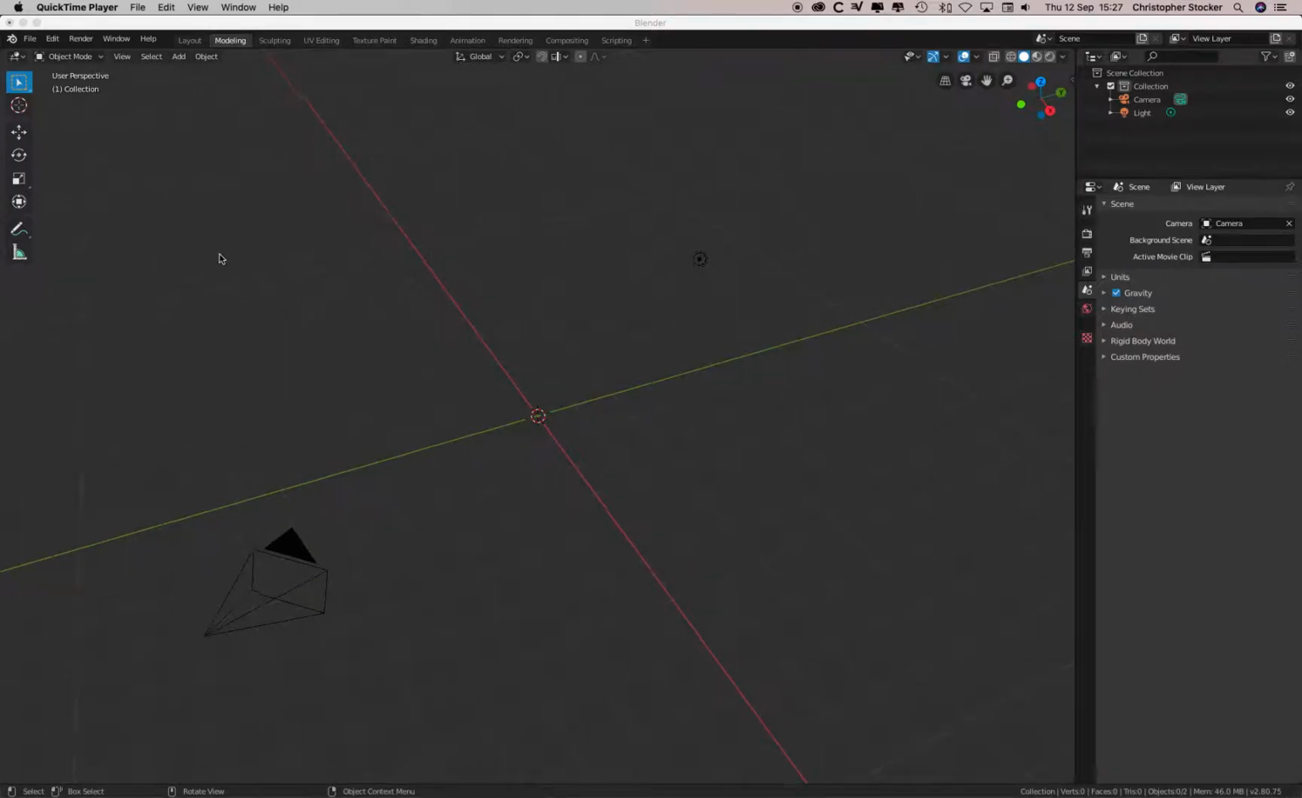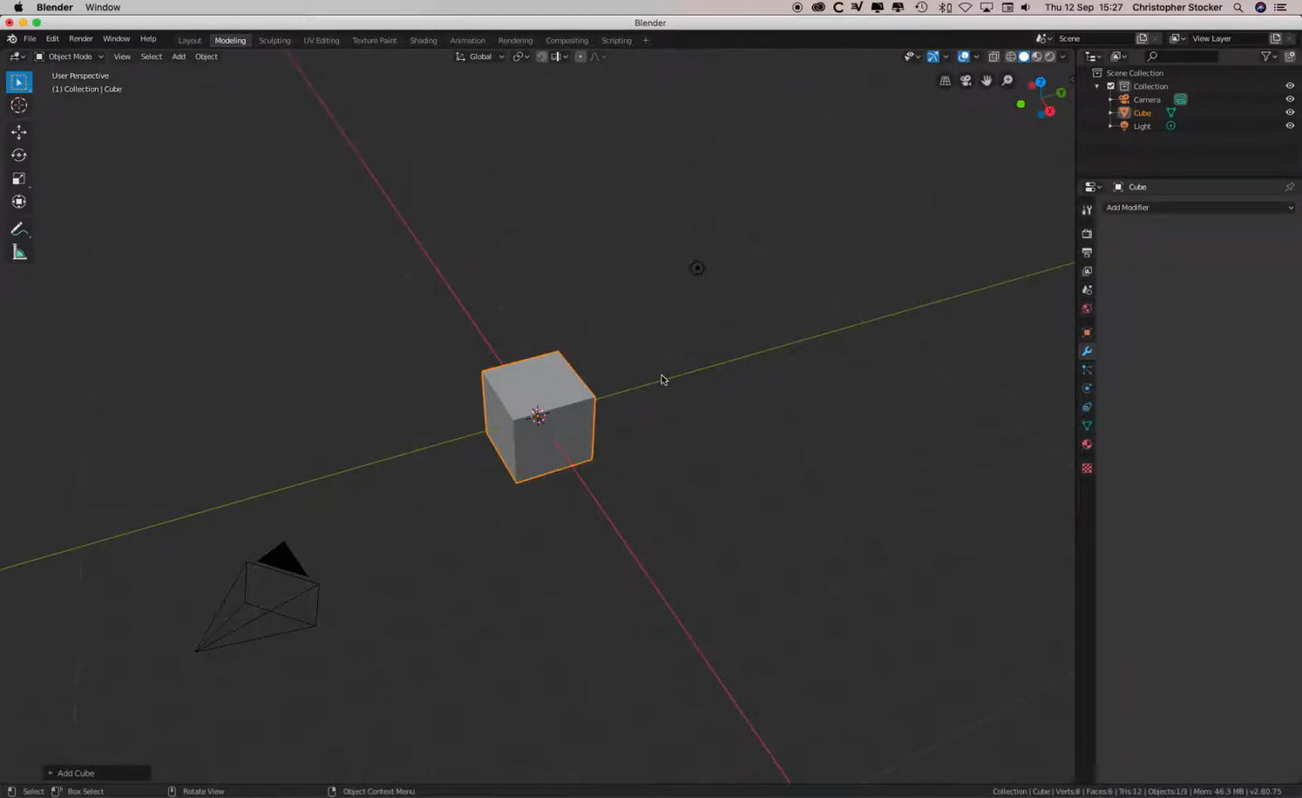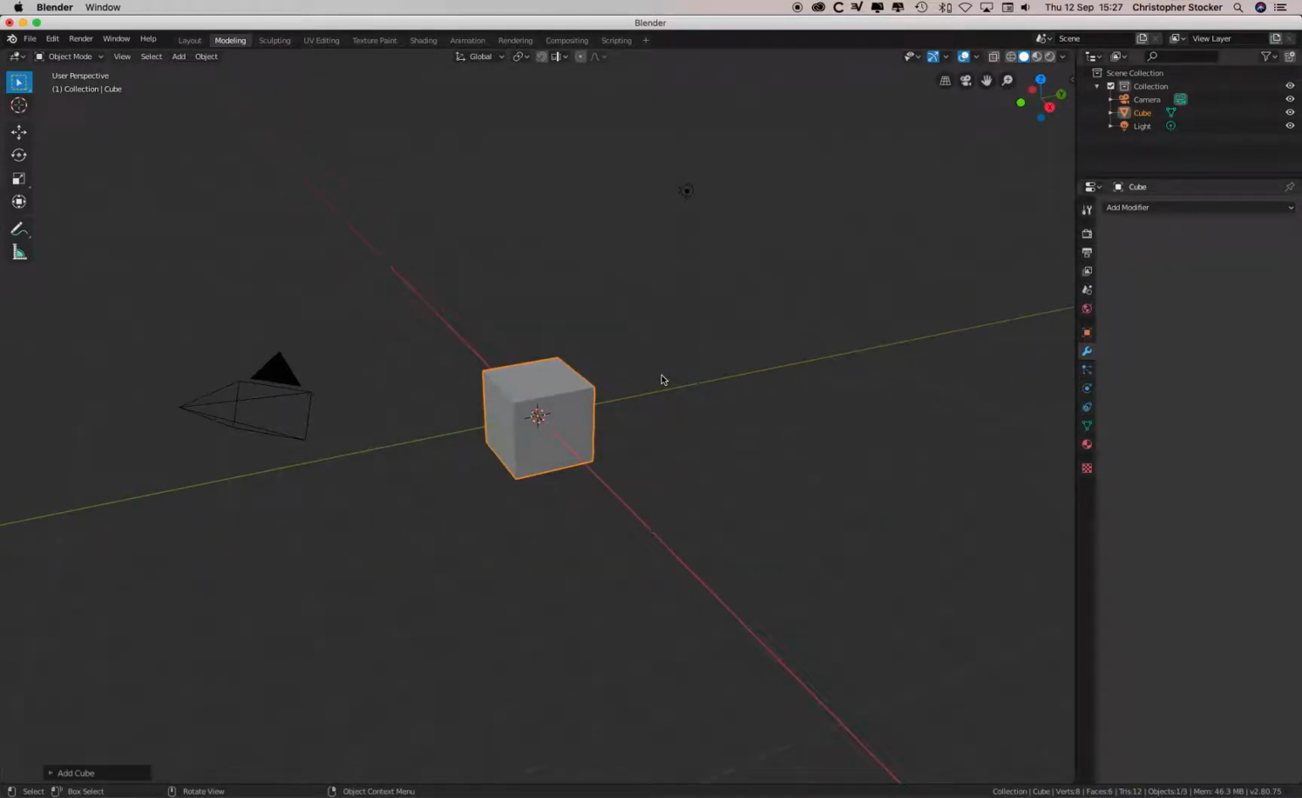Way to do this, to do a subdivided image, by the looks of things. Is it Shift A to bring a, yeah. So there's a little cube, and at the moment this cube, if I go into transform,